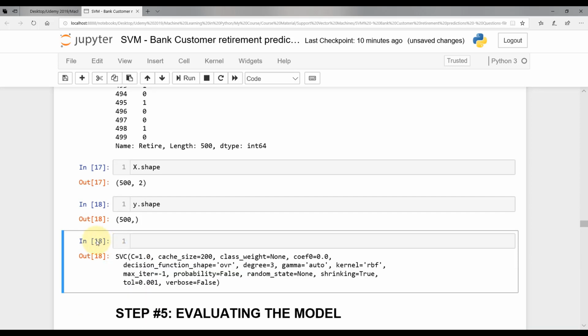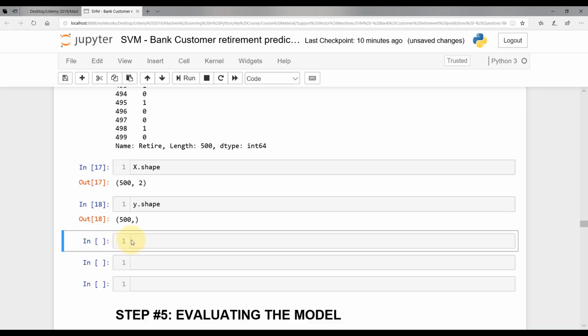Let's go ahead and delete all this just to avoid any confusion. And let's go ahead and do the train test split. So we're going to say, from sklearn dot model underscore selection